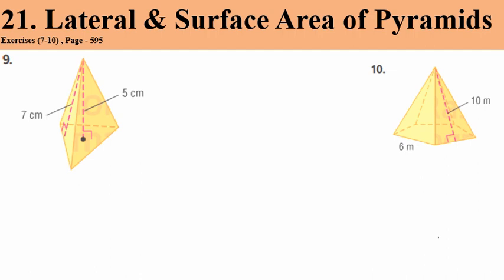Hi everyone, this is topic number 21, lateral and surface area of pyramid. Let's discuss question number 9 in this one. Now, first of all, you need to find the lateral area. So lateral area, capital L, is equal to perimeter times slant height divided by 2. So to find the lateral area and the surface area, first you have to find the perimeter